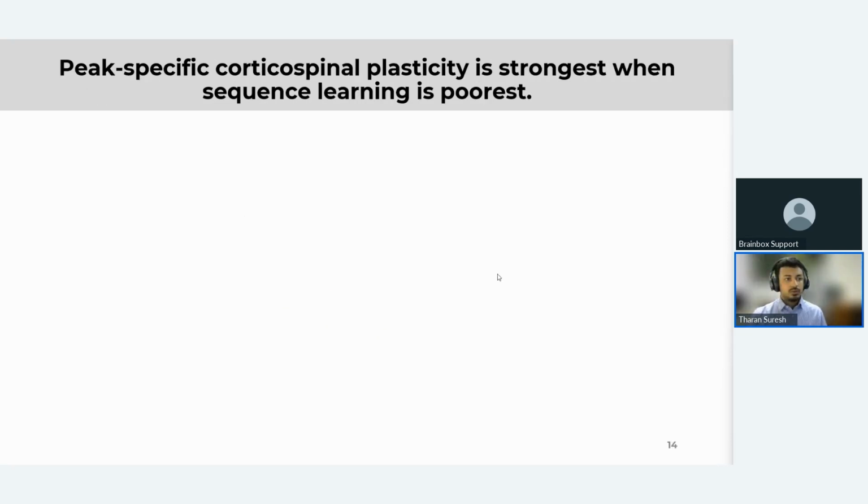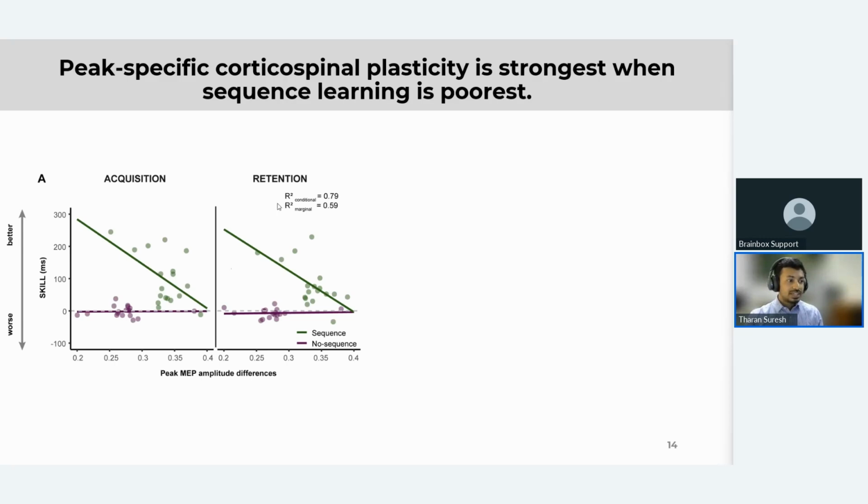Finally, we evaluated the relationship between the changes in peak-specific corticospinal plasticity that we've just observed and the behavioral results, that is, the performance in the serial reaction time task that I spoke about. Here, again, although we expected a positive relationship, we see a negative relationship between peak-specific MEP amplitudes and behavioral measure